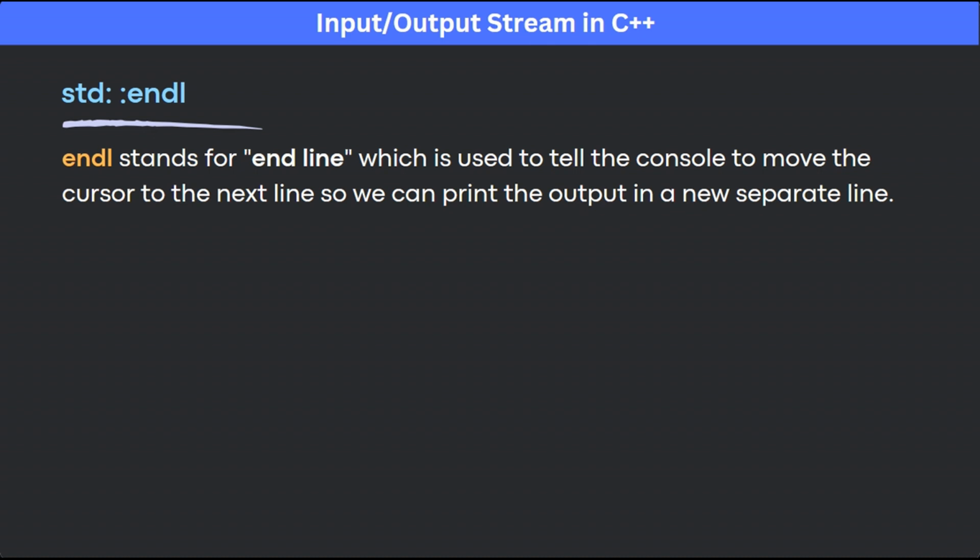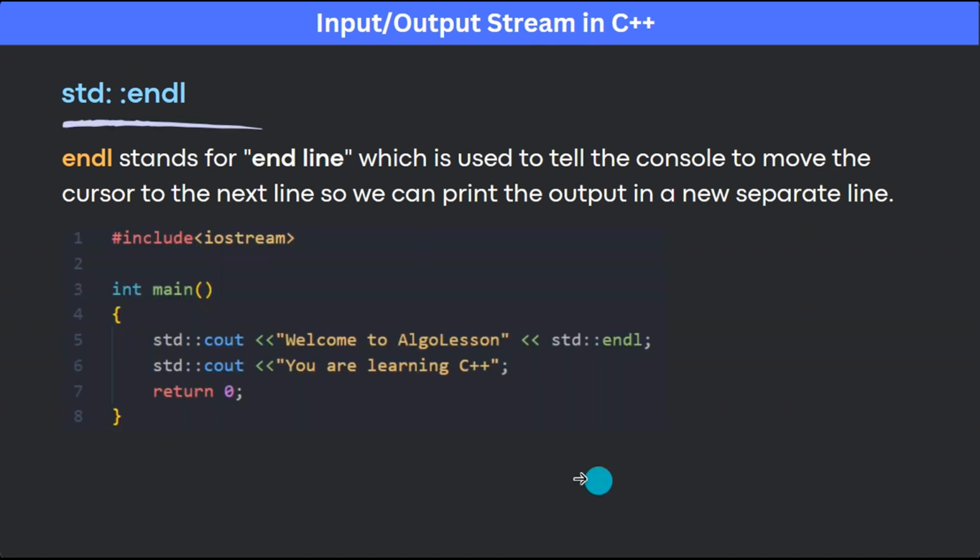So in such a case where we want to print the next output in a new line, we use this object, which is endl. So let's understand this with one example. This is the program in which we have included iostream at the top, and if you see the first line, we are trying to print a message as output like "welcome to algo lesson", and at the end we are adding this std::endl. This piece of code is telling the program that after this message we have to change the line. So the next line is an output which is cout, and we are printing a message that